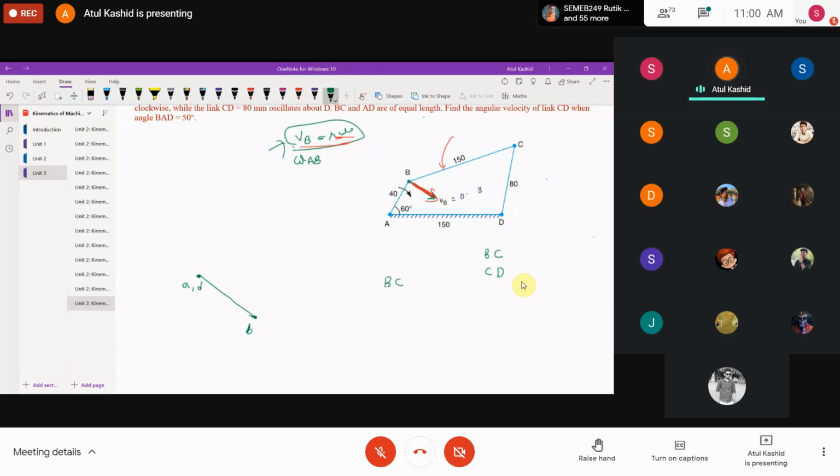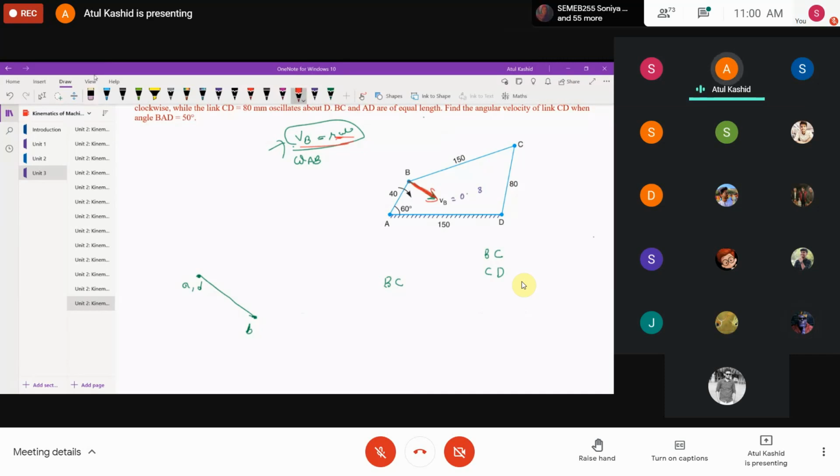So one thing you have to remember, direction for every link you are knowing, right? It will be perpendicular, always perpendicular to the link. If I take BC, its direction will be perpendicular to this. If I take CD, its direction will be perpendicular to this. Is there any problem with the direction? No, sir. Take any link, the direction of any link will be perpendicular to the link, right?